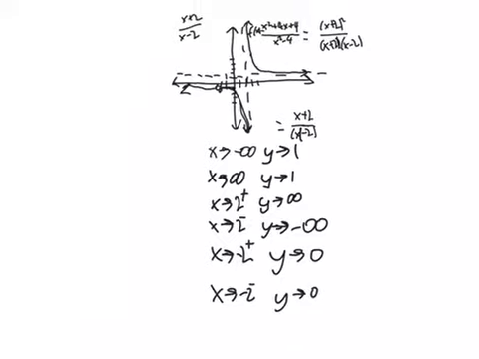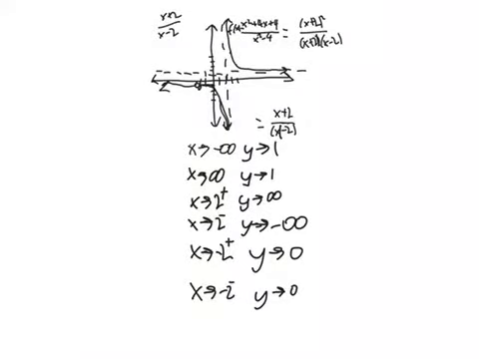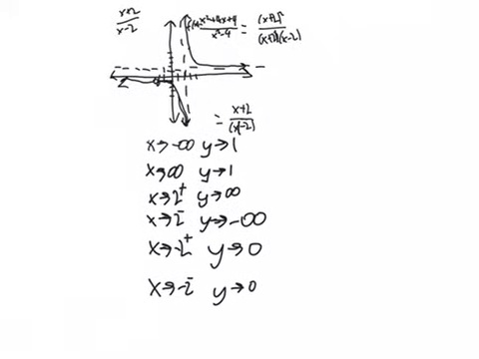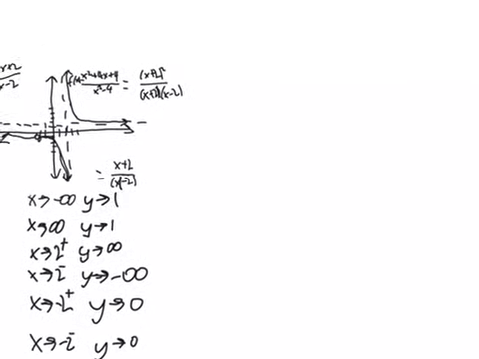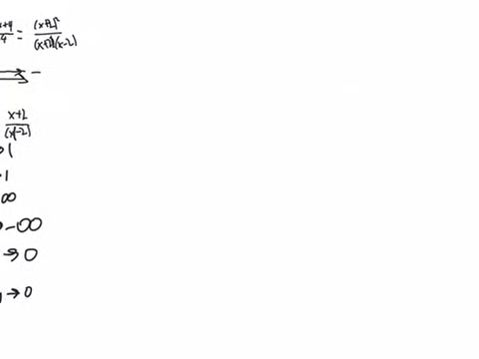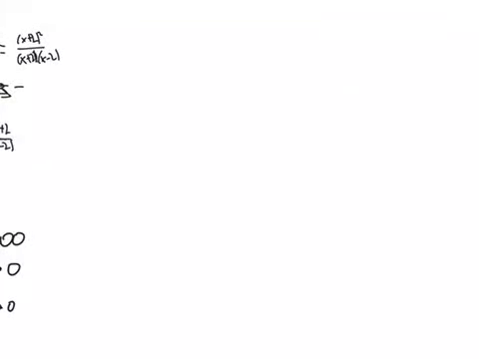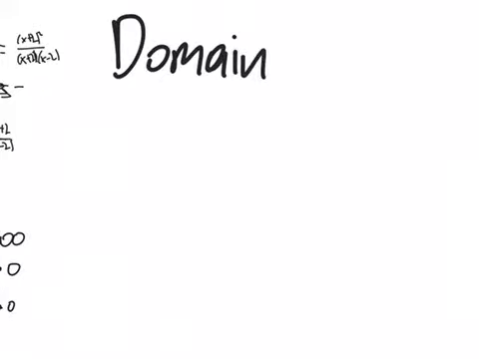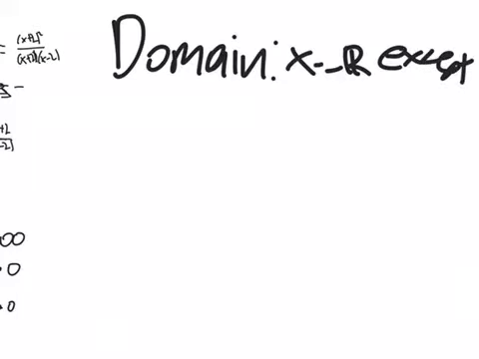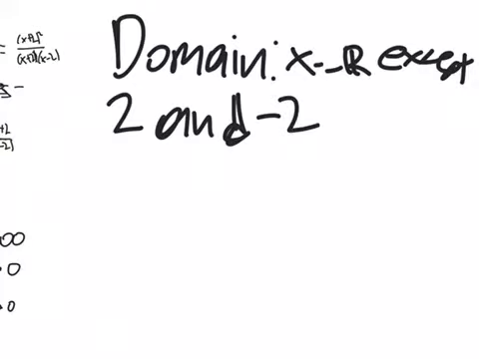That's our graph. Everything that we have with our graph. But before we finish, you just have to label the domain and other stuff like that. Domain: x is equal to all real numbers except negative 2 and 2. And if you want interval form, you write negative infinity, comma, negative 2, union,